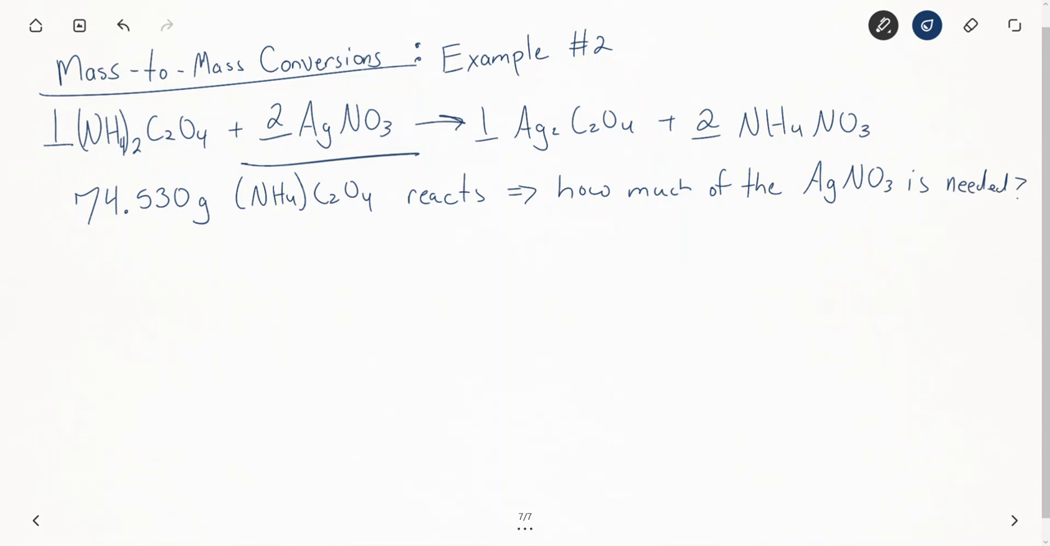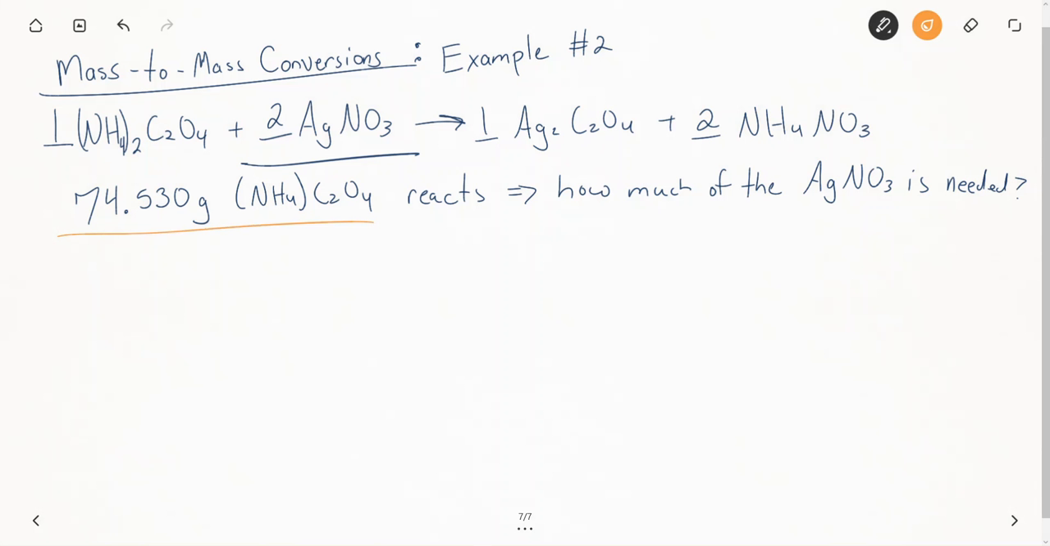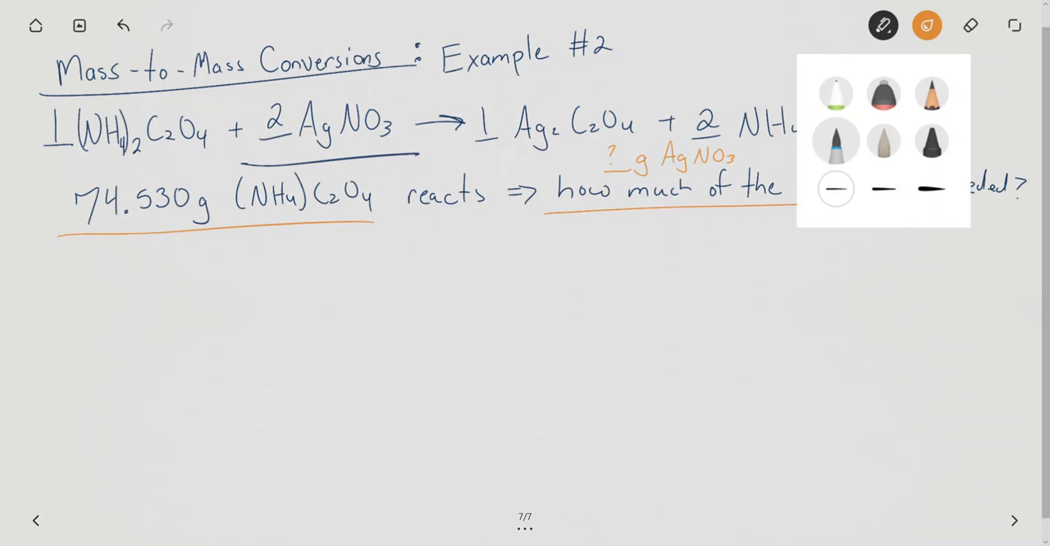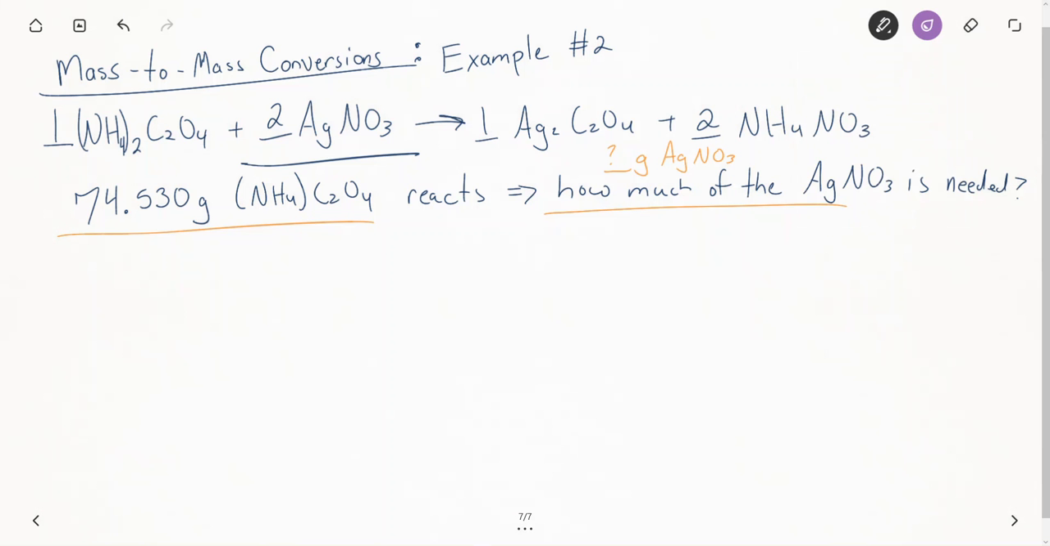Okay, so the information that's actually given to us is a value in grams. And when you hear something like "how much of," they generally mean mass. So we're looking for the number of grams of the silver nitrate. So going through this, we're going to solve this just like Mr. Jordan was showing you. And the most important part that we identify right off the bat is our mole-to-mole ratio